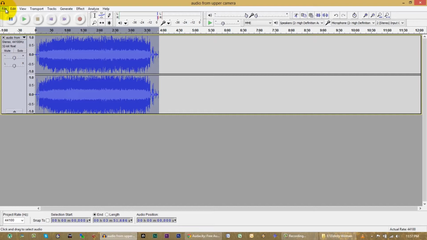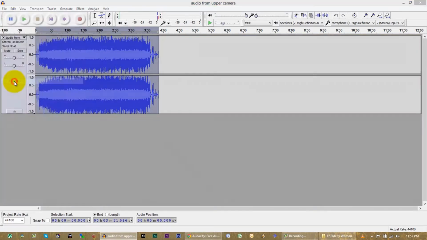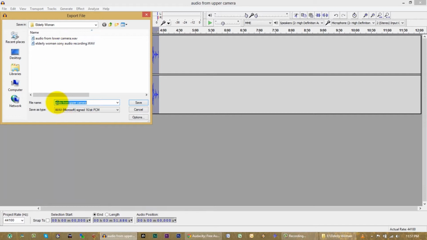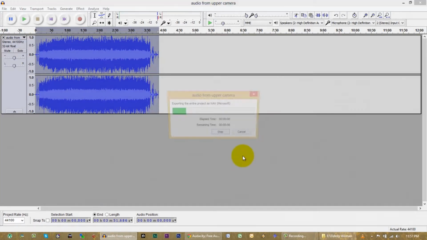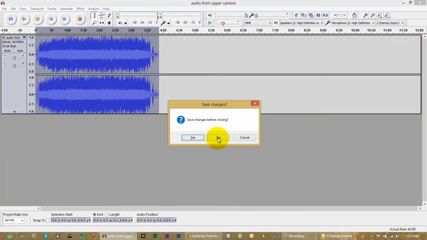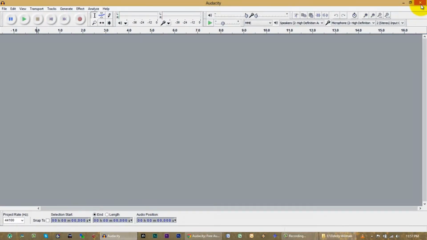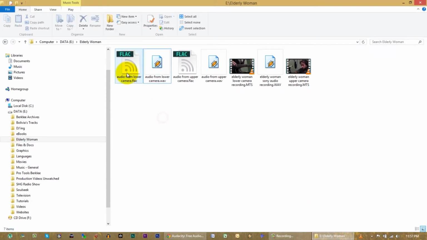Anyway, once again, with the audio from the upper camera, export audio from upper camera as a wave, save. I'm not gonna play with the metadata. Okay, and once again Control W closes. Okay, so right now, if I go back into our directory, we have our audio from lower camera as a FLAC file and as a wave file.